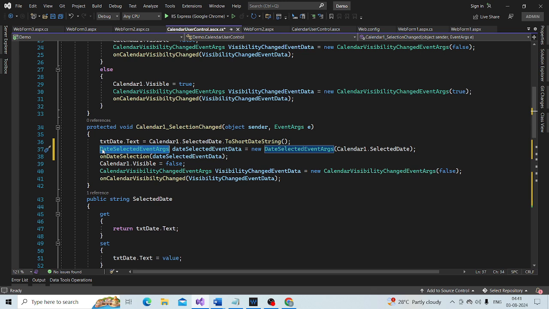Let me go ahead and build the solution. The keyboard shortcut is Ctrl+Shift+B.